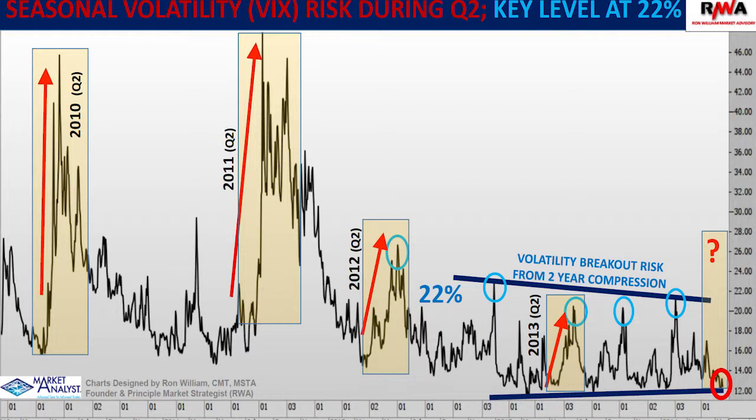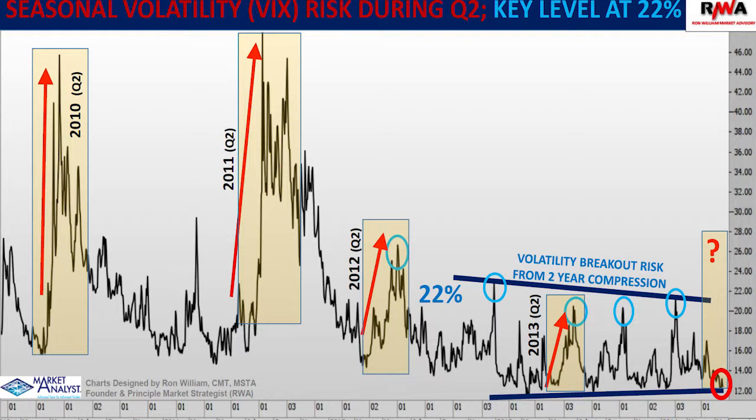Now, what's happened during this entire period for the last 2 years, volatility has been compressed in this sideways range. Now, this is what's actually more specific to the character of volatility at the moment, that if we actually finally get this potential mean reversion set up to the upside at some point in time, potentially now during the next few weeks into the summer period, then the key technical picture to watch for is this potential breakout of this